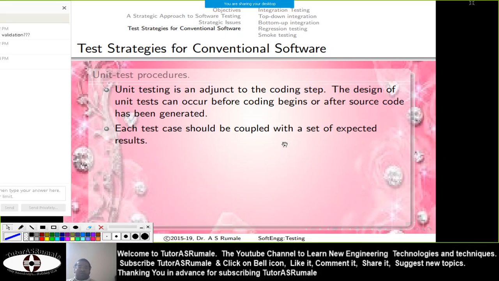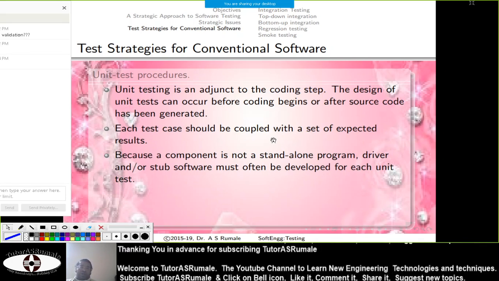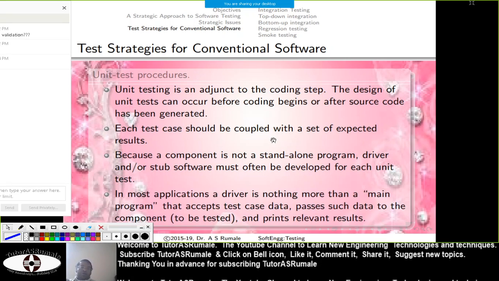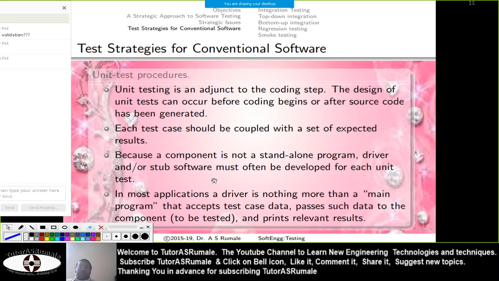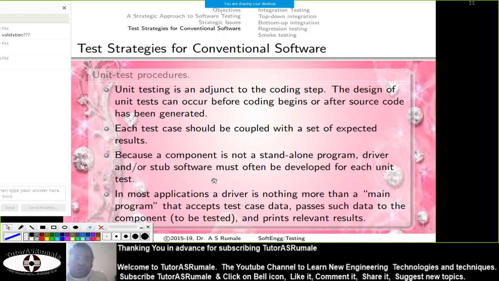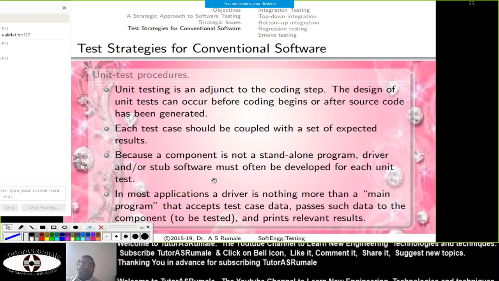Each test case should be coupled with a set of expected results. So your expected results must be there, and then you have to find out this. These components are not standalone components. Whenever you want to test these components, you need a stub or a dummy program in which you call them.